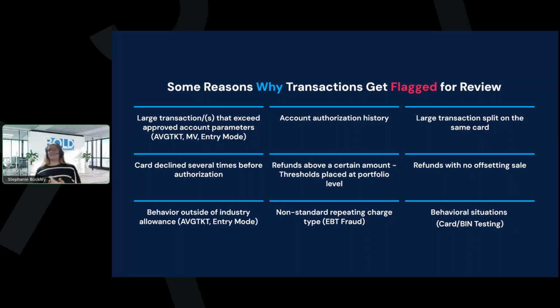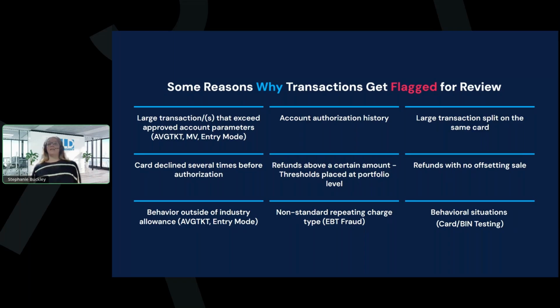Other times it's disgruntled employees. They're refunding their accounts because they want extra money. Other times it's just a transaction where the card they used when they purchased it is no longer available. It was lost, stolen, renewed, what have you. And now they're getting a refund on a new card, and they just want to make sure that it's not fraudulent.